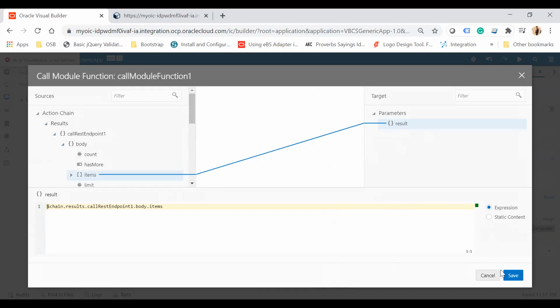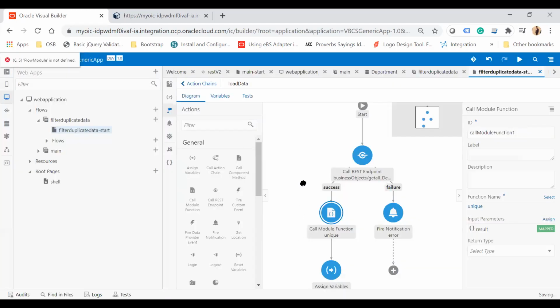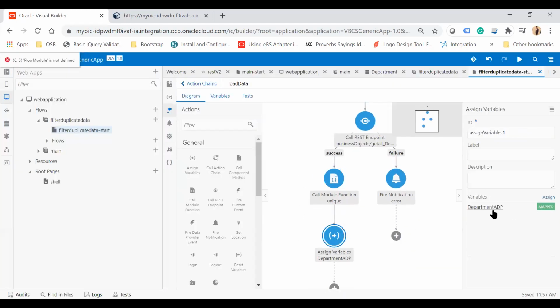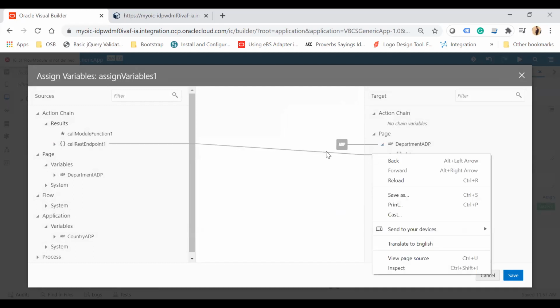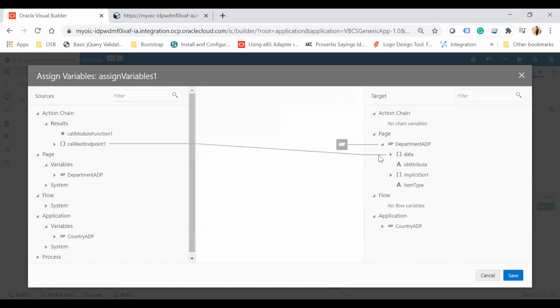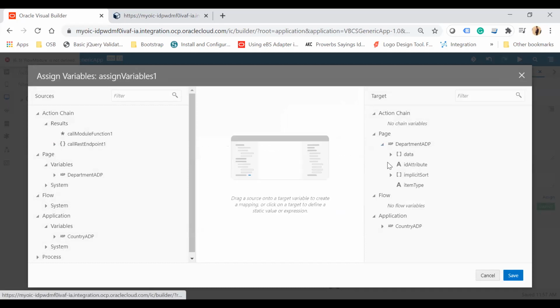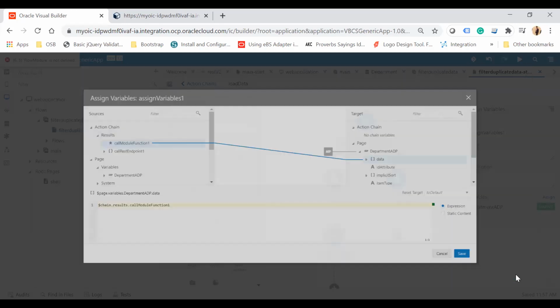Okay, and then save. Now instead of assigning this data from REST endpoint, I will just delete this mapping. Just select this mapping and then delete it. Now I will use this call module function return to the data and then save.